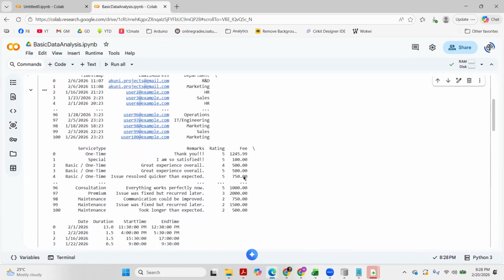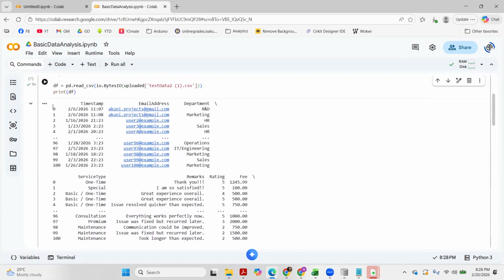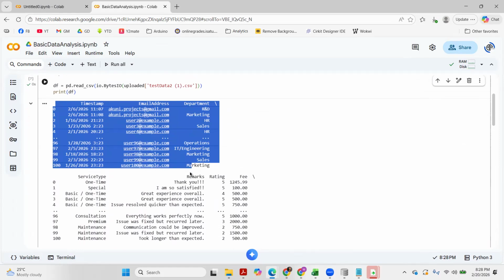And since we have a quite long table, it has been summarized in terms of, I think, 3 to 4 columns. The first 3 columns are here, and Colab only showed 1 to 4, and then proceeded with the last 5.